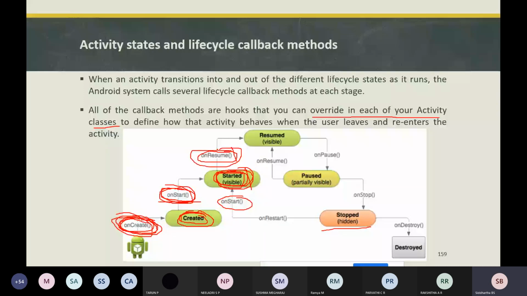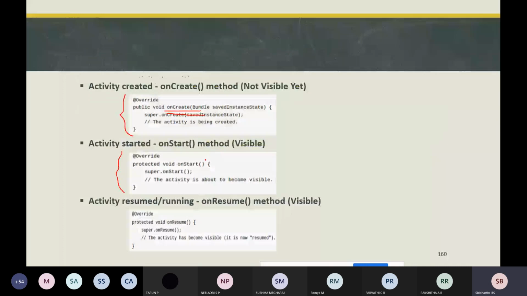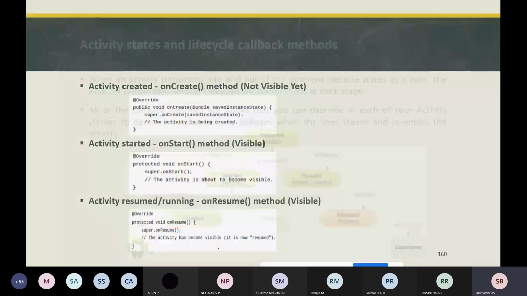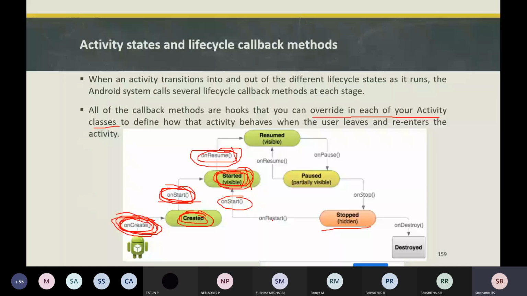So how do you implement the onResume callback method? You need to override the onResume method. Your activity is in the resume state when it is initialized, visible on the screen, and ready to use. As soon as the system calls the onResume callback method, it moves to the resume state, where your activity is visible and ready to use.